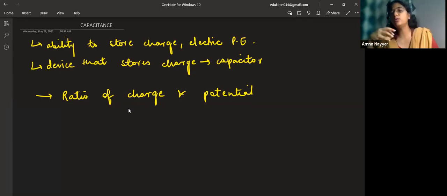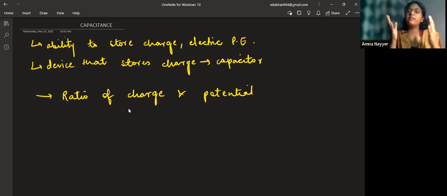Now see, ability to store charges or electric potential energy. Even if a device stores electric potential energy, as you have studied, then we call that phenomenon capacitance, that storage of charges. You will see how charges are stored, how charges are then further discharged for conduction to occur. That everything you will see by yourself. And the device specifically which we use for that purpose is known as a capacitor.